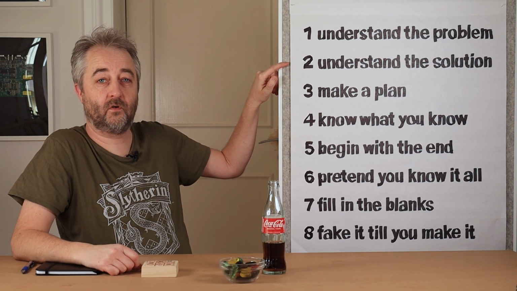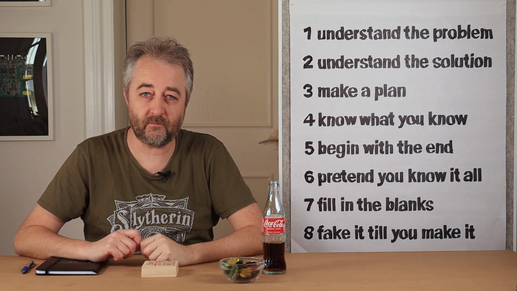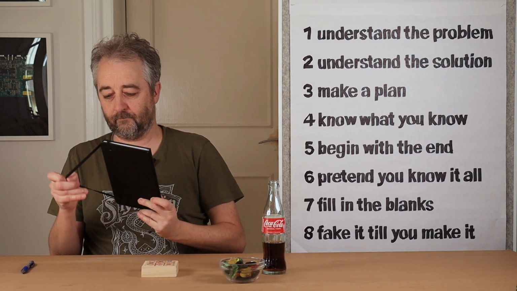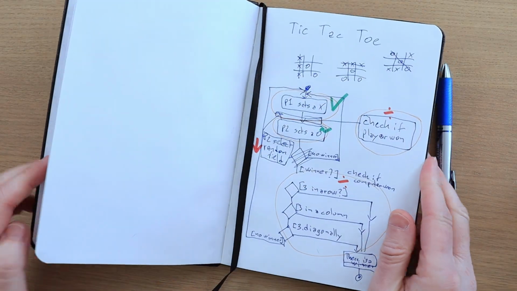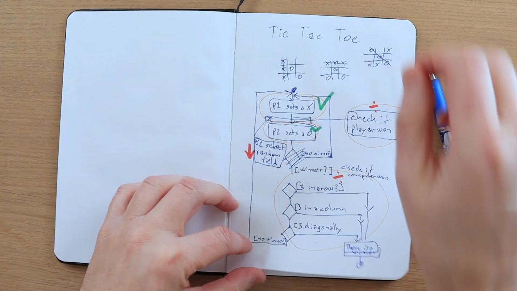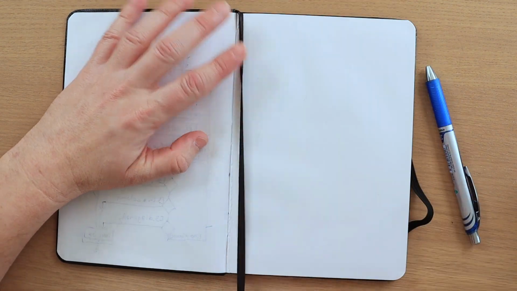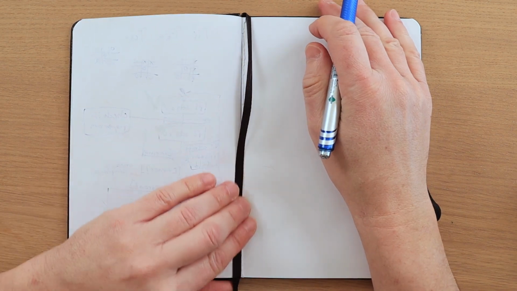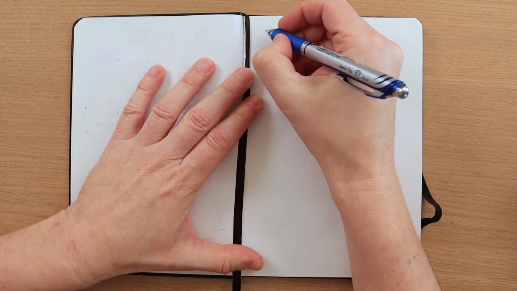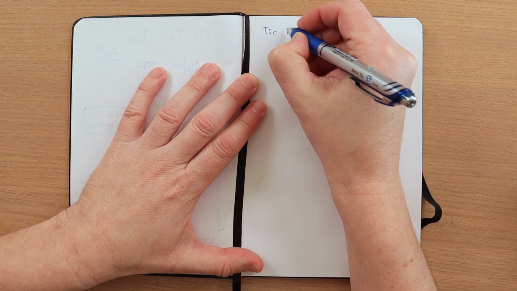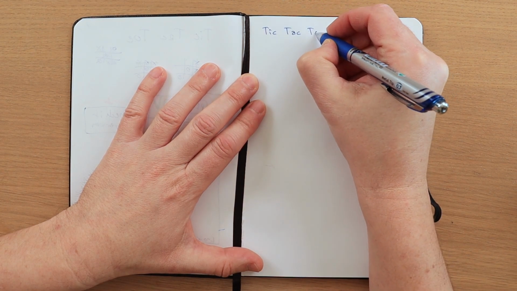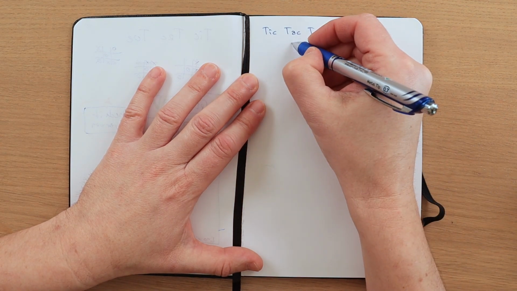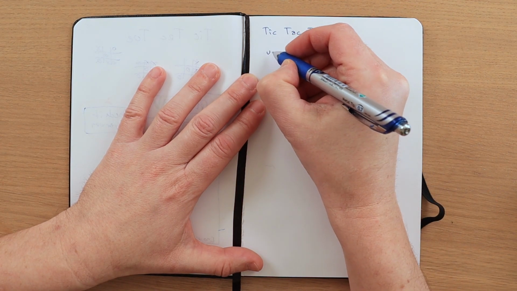Understand the solution. I will start by writing down what I just learned in my trusty notebook here. That was the old solution. Let's try and forget that ever existed and start a new one. So, tic-tac-toe, version 2. In the game, the first thing that happens is that the user